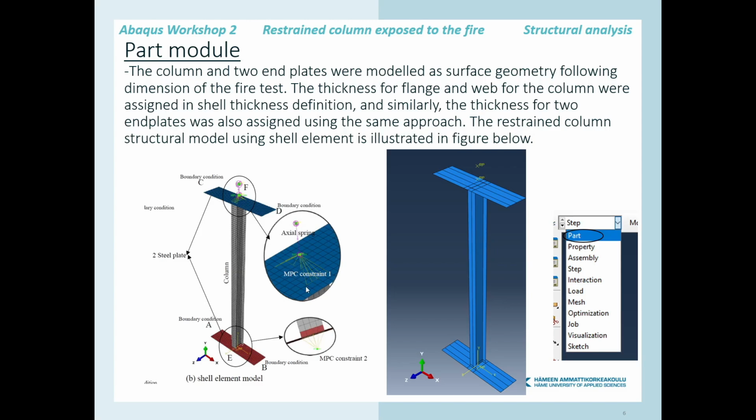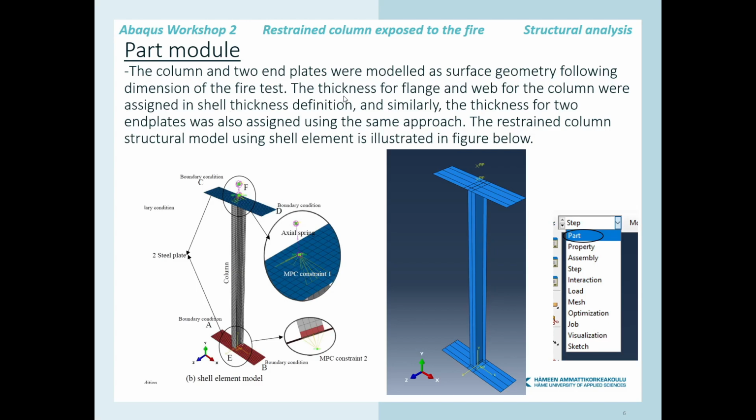So we have these two extra discrete points where we apply the boundary conditions, and then we distribute the boundary condition properties to the column connections. Okay, and now here the column and the top plate were modeled as a surface geometry following the dimensions